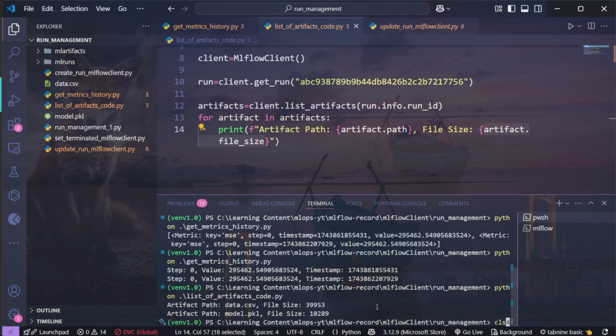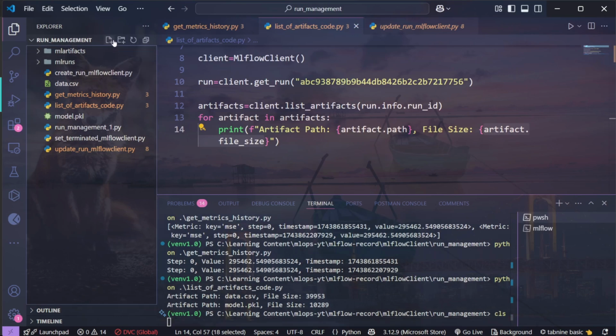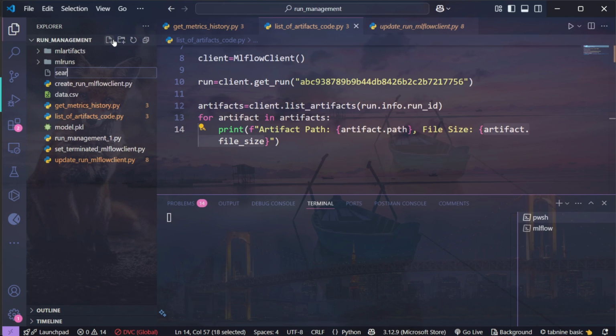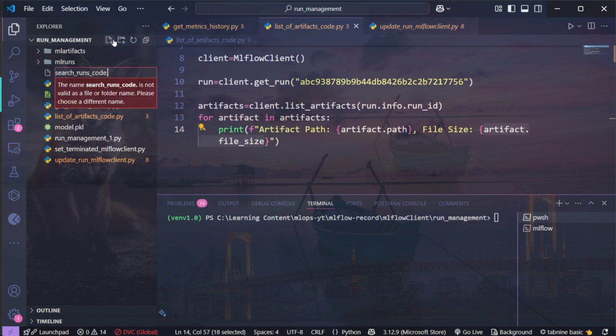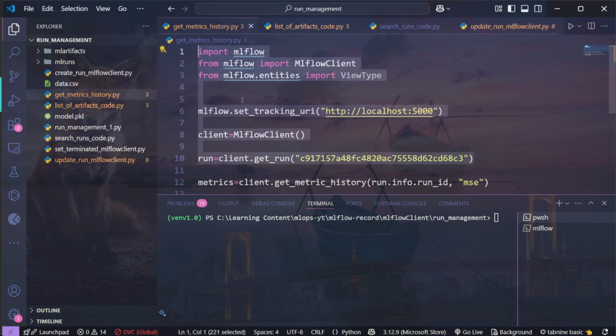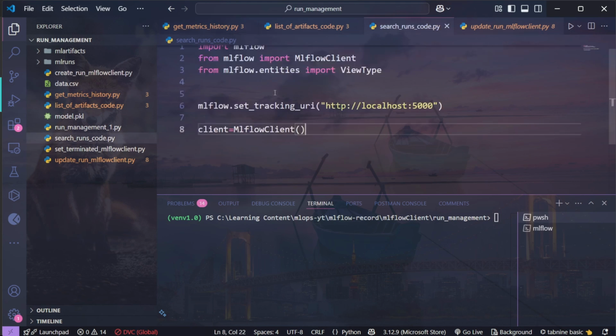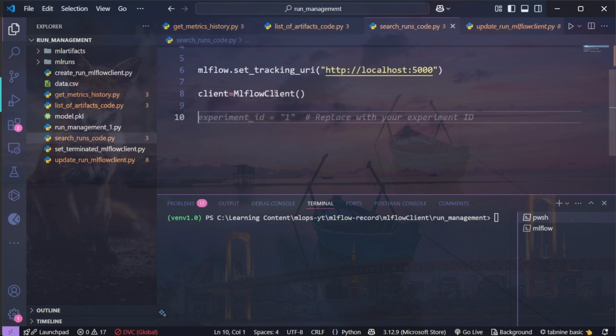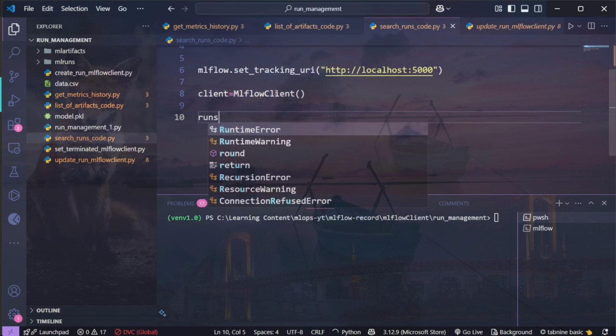Okay, so let me clear the terminal. Let me show the last demo, search runs code.py. For that, I need to copy the same line again, till this point. I'll copy it and paste the same line here. Now I'll write runs equal to